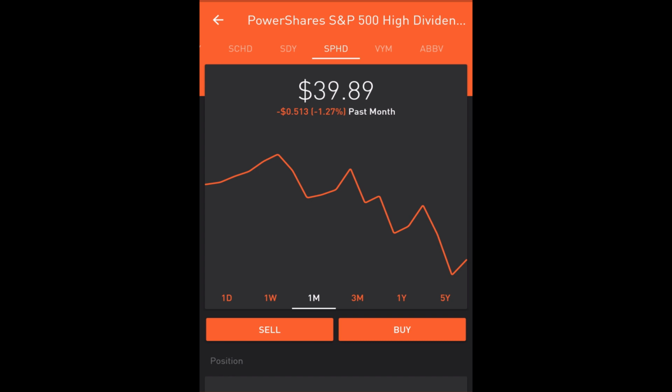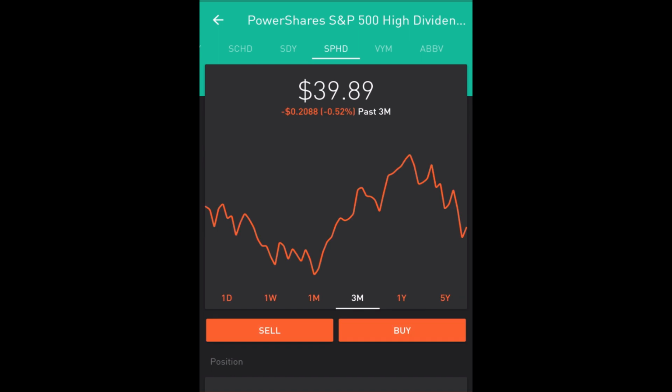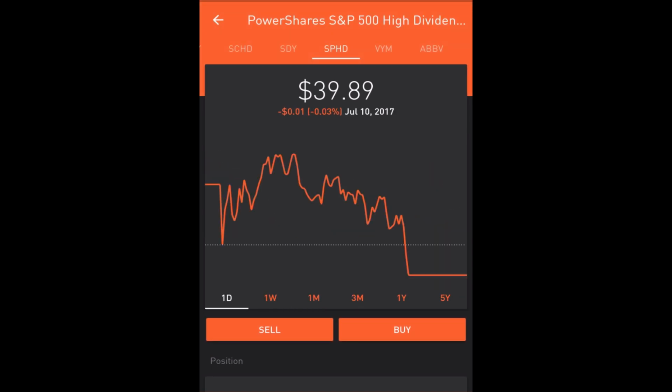It's a little bit higher dividend payments with those, but they're a little bit more volatile, and they will tend to trend down after the ex-dividend date, so they're a little bit harder to get out of. Stocks like SPHD here, these great dividend ETFs, are much more stable. They're much easier to get out of. That's a big problem with a lot of the dividend capture. You get into a stock, it trends down on the ex-dividend date. If there's not a lot of momentum to bring that stock back up, you can't get out of that stock